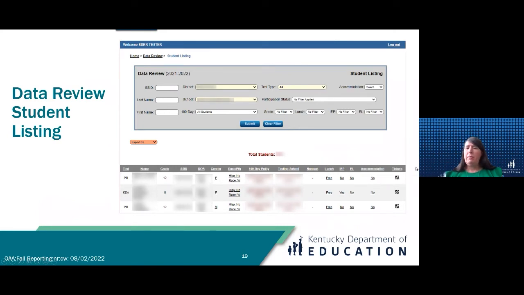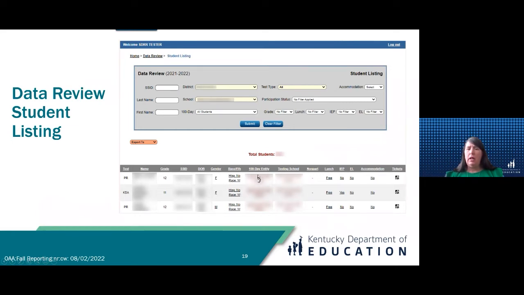And then remember when I said that you can also see your ticket history? You'll be able to click on tickets and see that information at this particular time. And remember, those go back 3 years, and you can see the ticket history on that particular student. So I think that takes care of all the student listings, and here's where you'll be able to change accountability.